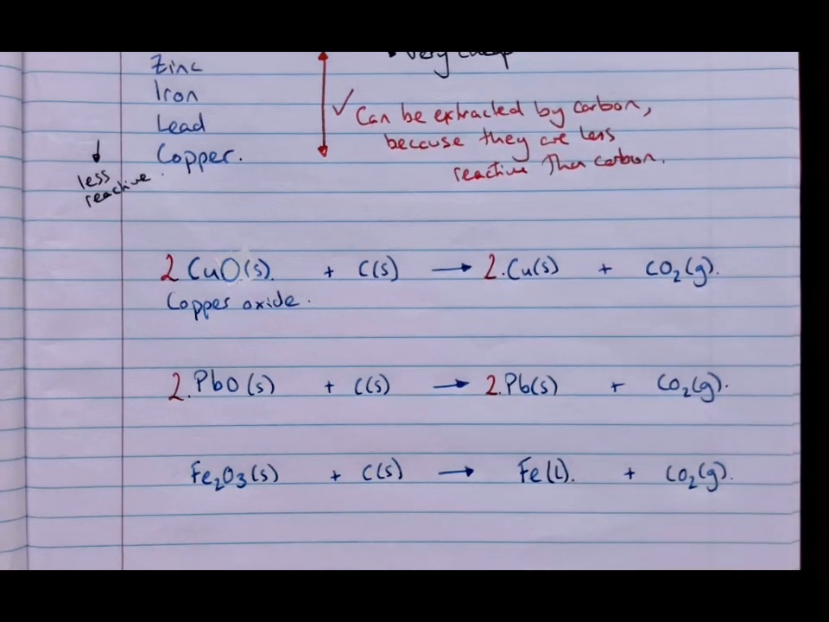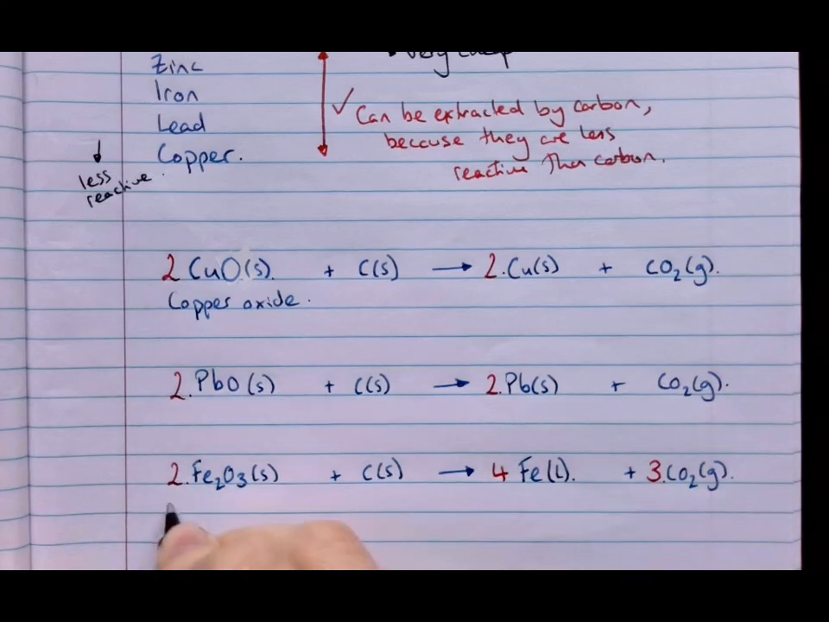All right, and now we need to balance it. So if you haven't managed to balance it, have another go now. Okay, so you should have got that this was 2 in front of there, 4 in front of there, and 3 in front of there. And this equation here